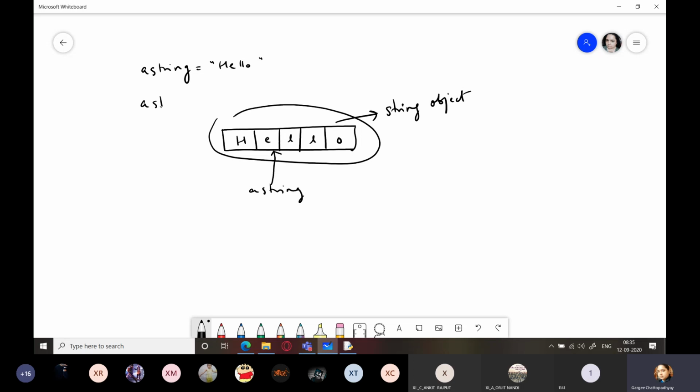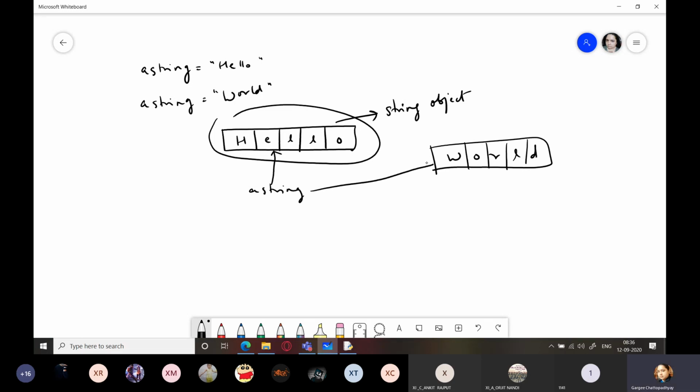When you write a string equals world, it would be pointing to some other memory object, this memory object over here. So this is your string object.